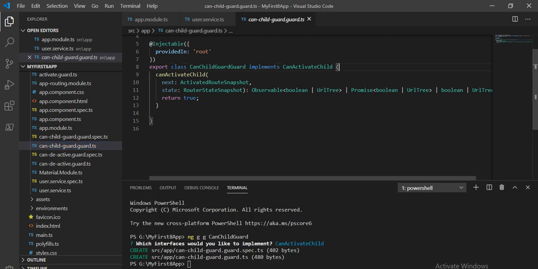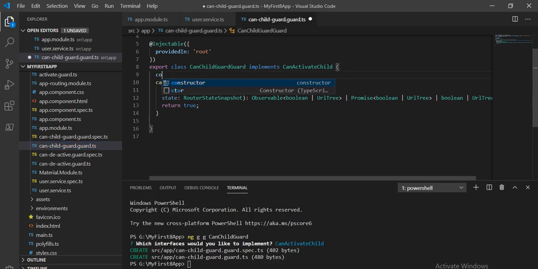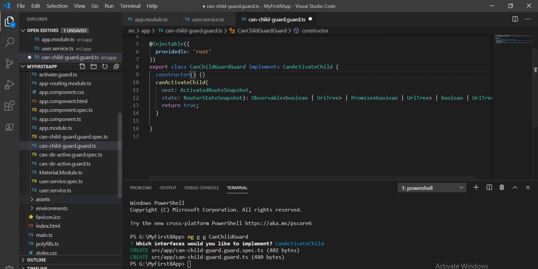First I will take a constructor, and inside this constructor I will take parameters: first the user and another the router. Let's take private user, and the type of this user will be the user service.